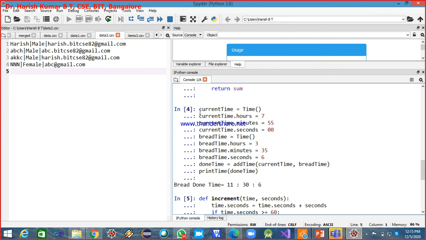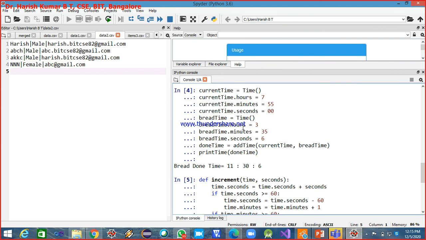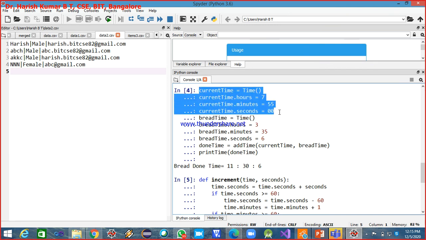So the current time, I'll take this, and the bread time, instead of giving it as 3, 35 and 6, I have to convert it into the number of seconds. For the current time I'll give the same thing.